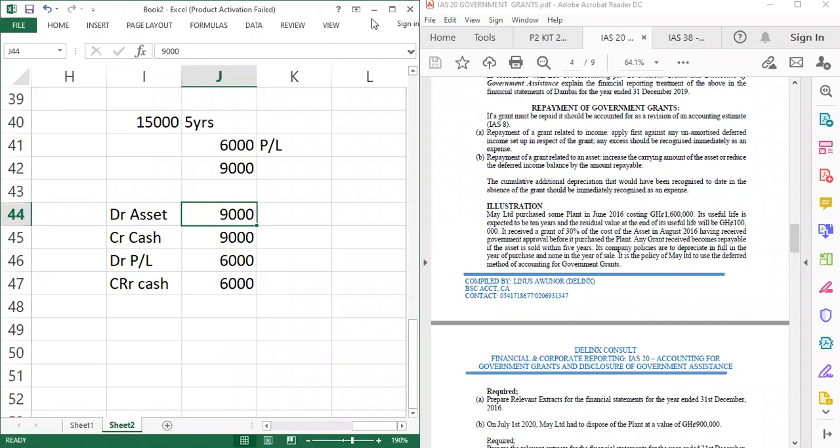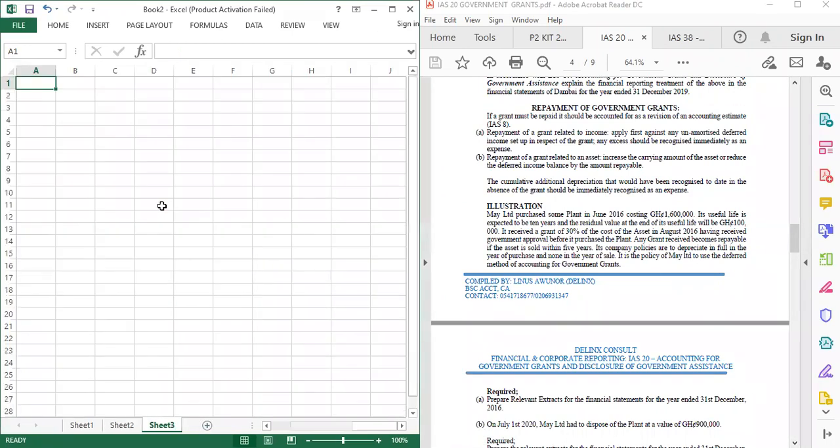You know how we do reversal of impairment, isn't it? We assume that impairment was not done at all. It's the same thing for the repayment of the grants. The portion of the grant that you are paying means that that portion of the grants has not been taken at all. If that has not been taken at all, then what should have been the treatment for the asset from the time that you purchase the asset? Then you do it. Let's take this example, and I'm sure that this will give us a deeper understanding of that. Then we move on. We take another question. Then that is the end.